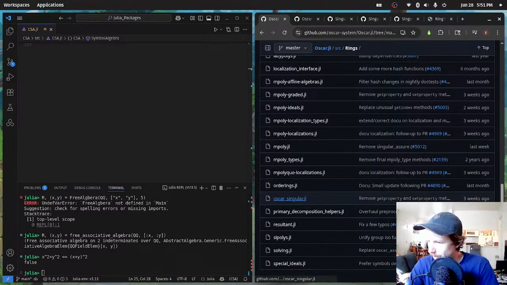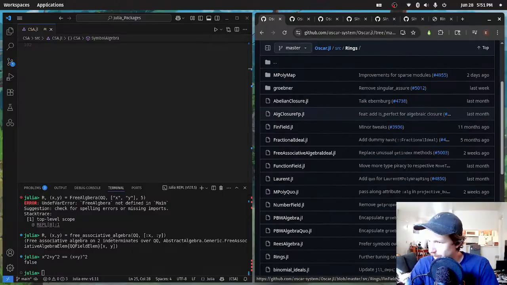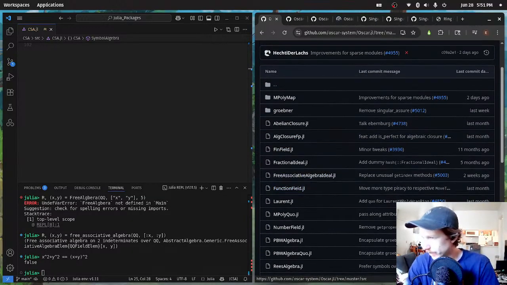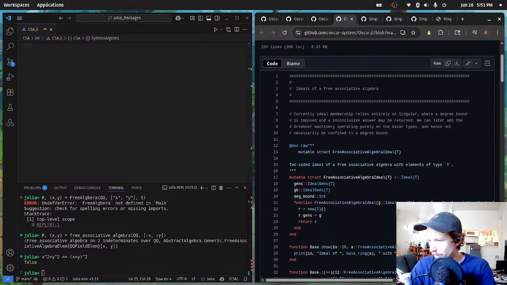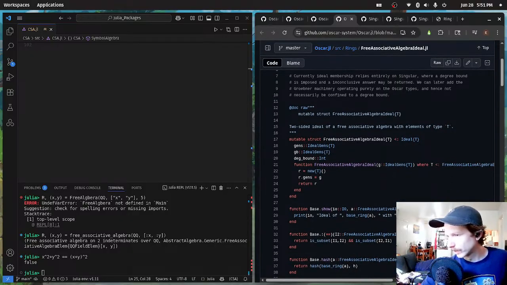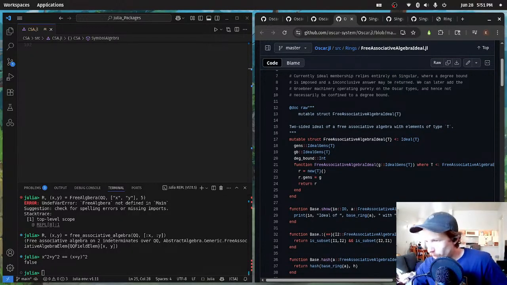Right. Gemini says that the free associative algebras is part of the abstract algebra package. So I just want to know, currently, ideal membership relies entirely on Singular, where a degree bound is imposed and an inclusive answer may be returned. We can later add the Gröbner basis machinery purely on the Oscar types, and hence not necessarily be confined to a degree bound. So what I want to know is